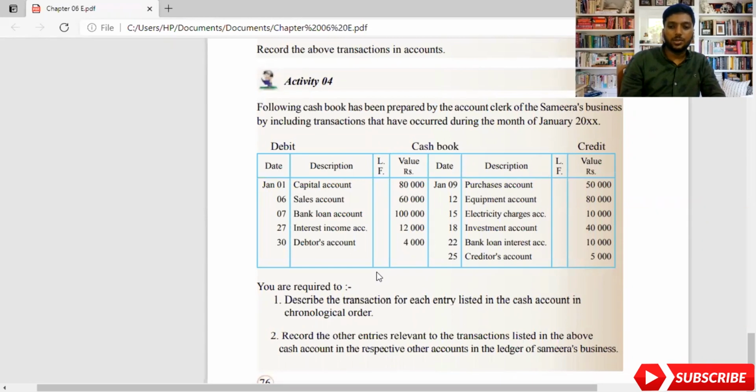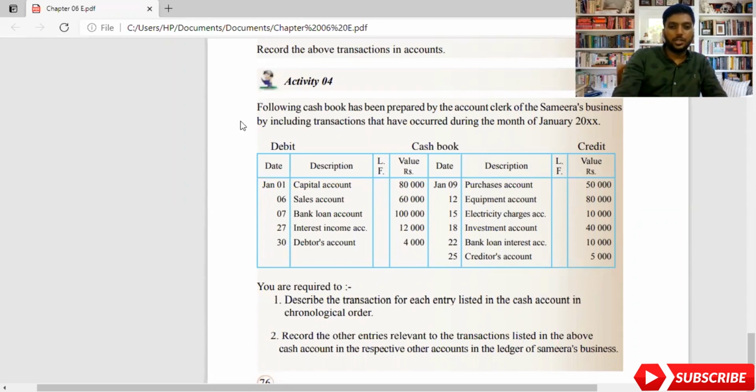Then the adjustment number 22, bank loan interest account. So you are paying bank loan interest. Bank loan interest is an expense account. You will say bank loan interest account debit, saying 10,000 as cash. You can write the description: paid bank loan interest worth 10,000 in cash. Creditors account 5,000 is credit here. So on the creditors account, it will become debit, saying cash. When you are describing this transaction: paid creditors balance worth 5,000 in cash.